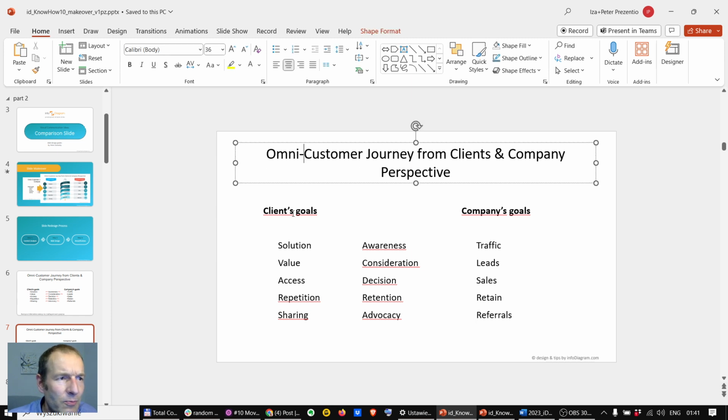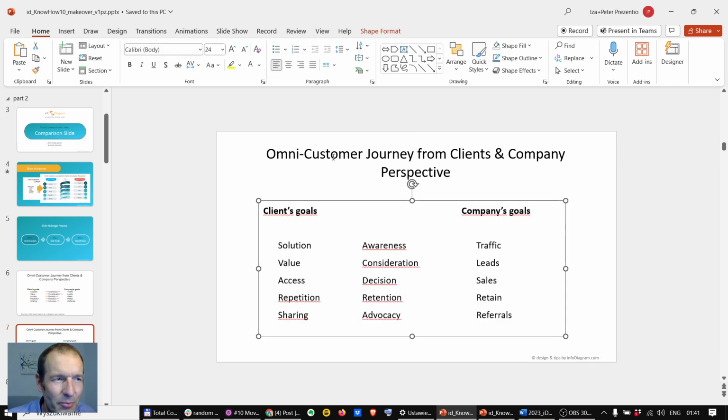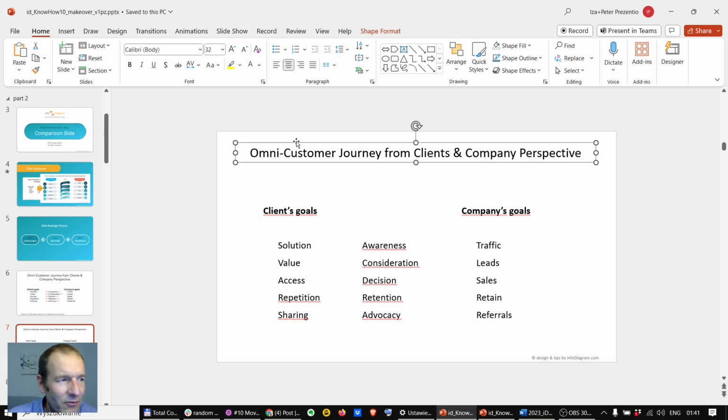And usually the title here is the biggest, using the biggest font, but the content is actually what I want to focus on. In this case the title is only additional information, so I would make it smaller. And once I have this cleaner slide, I can start working with the